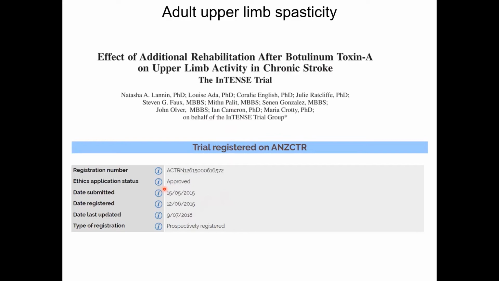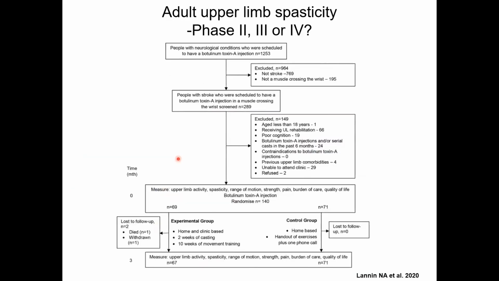But the authors wanted to know if Botox is more effective when intensive arm rehabilitation is provided together after the Botox injection. As you can see in this CONSORT diagram for this botulinum toxin study, this was a multicenter